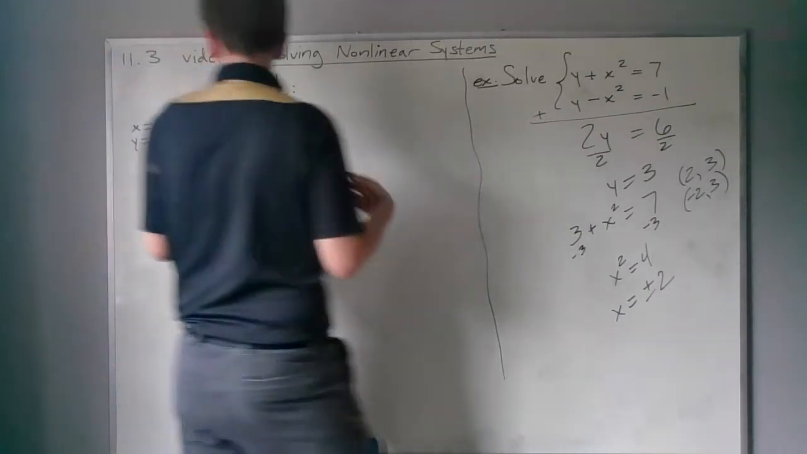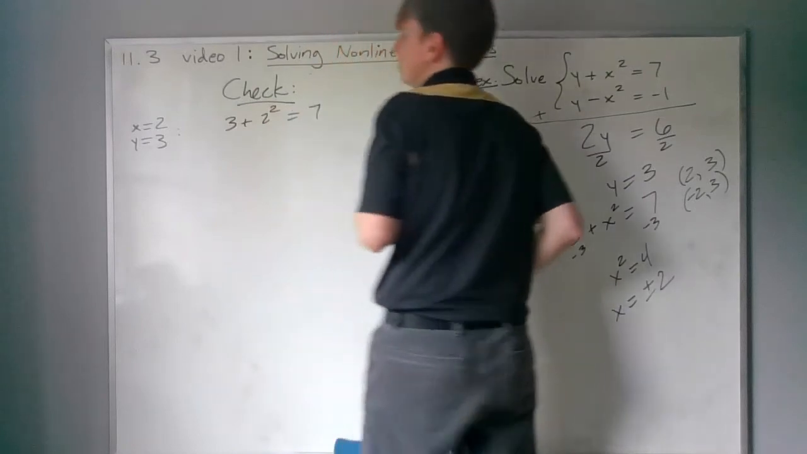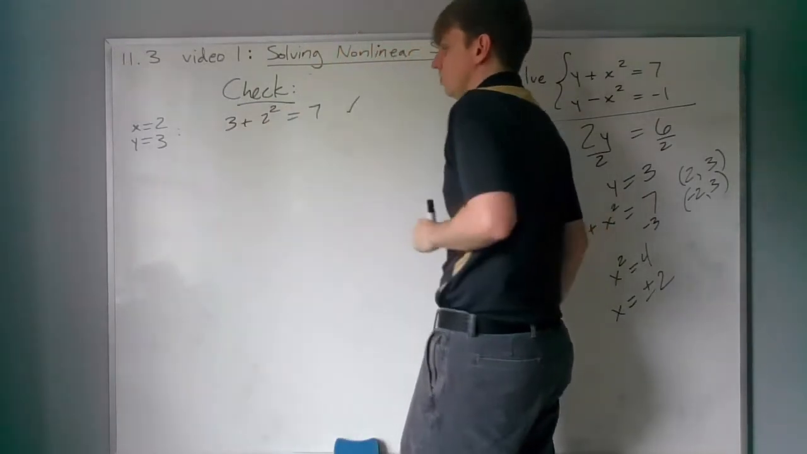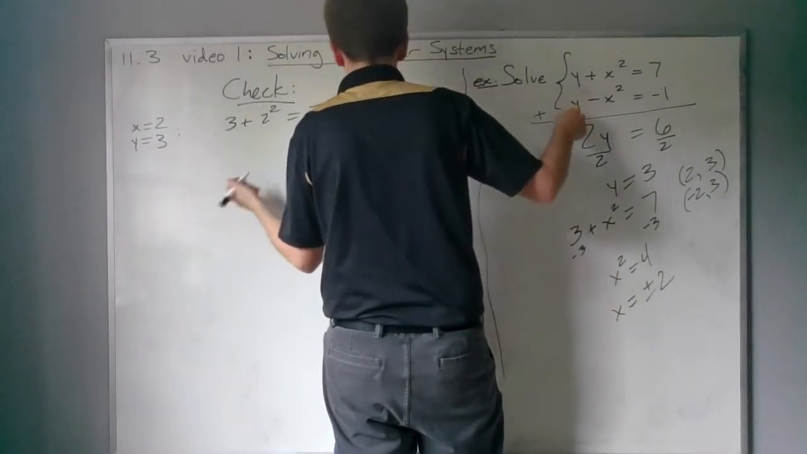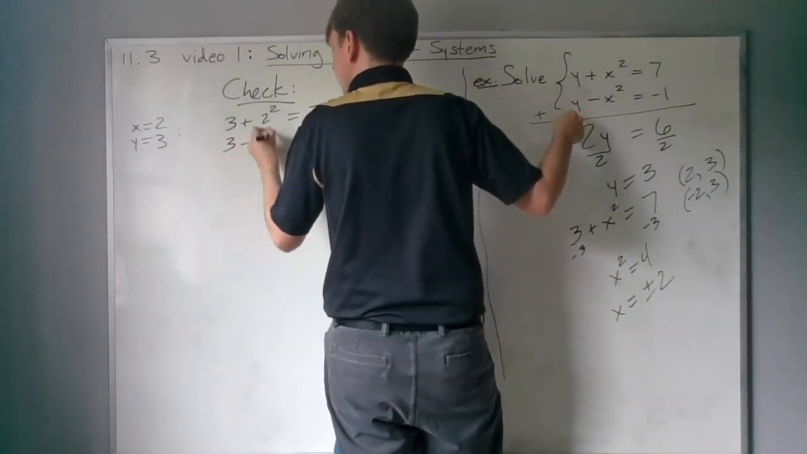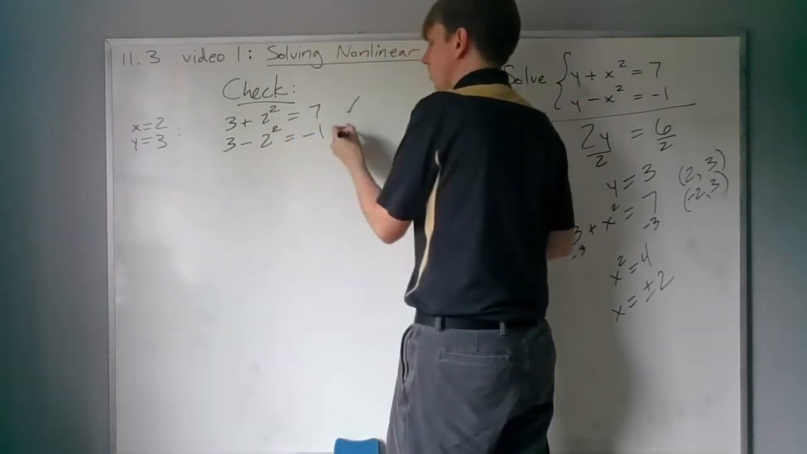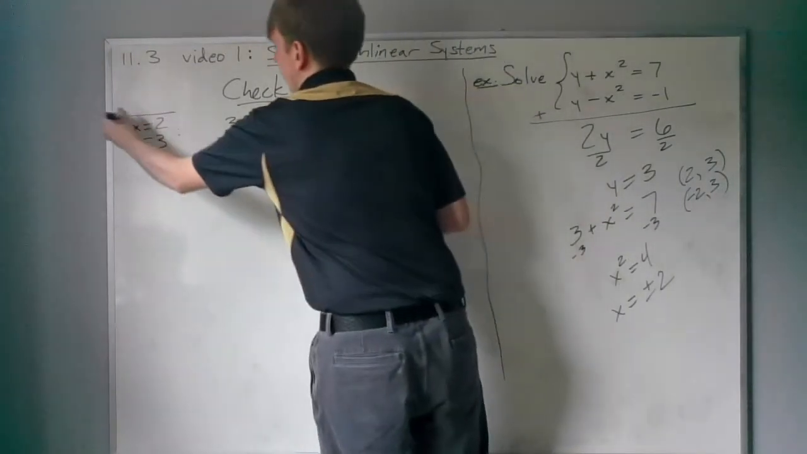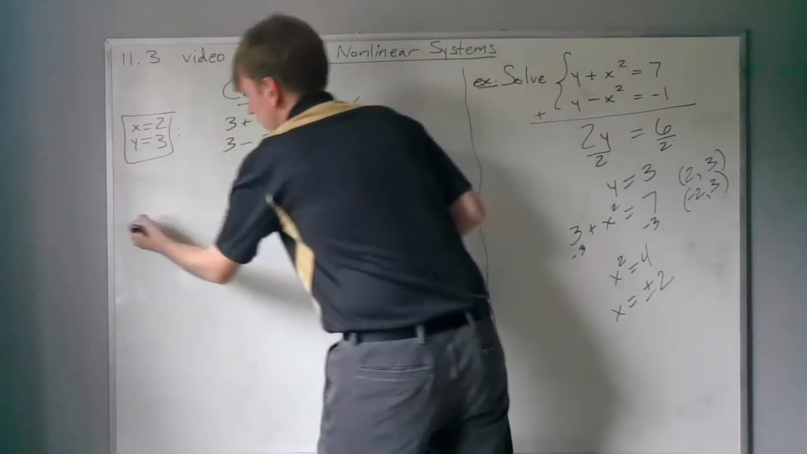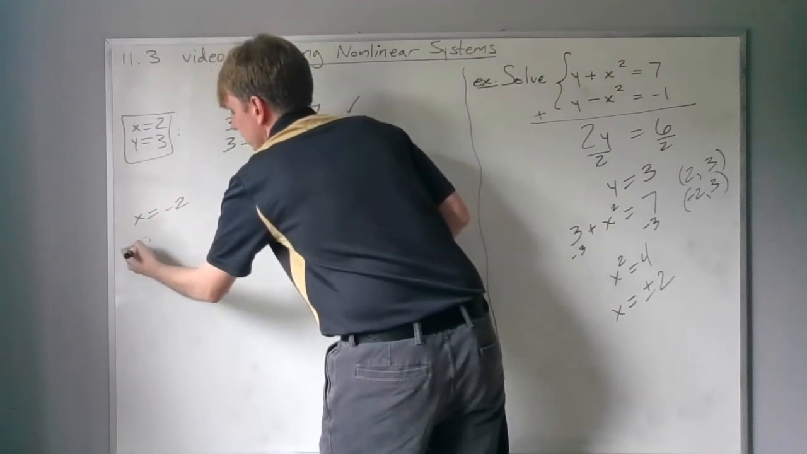The first equation would be 3 plus 2 squared equals 7, which is true. 3 plus 4 is 7. Second equation would be 3 minus 2 squared is minus 1. 3 minus 4 is negative 1. That also works out. So x is 2, y is 3 would be a valid solution. Okay. If I plug in negative 2 and 3,